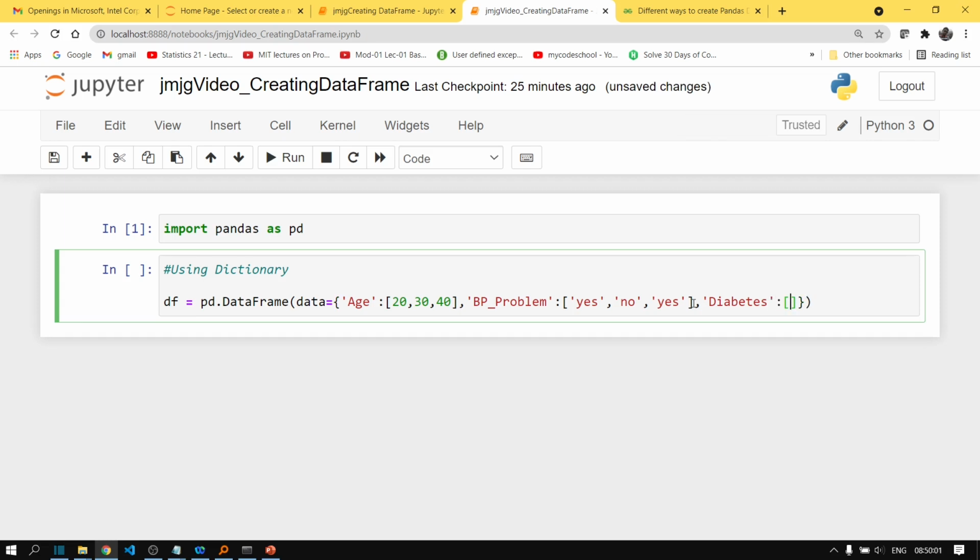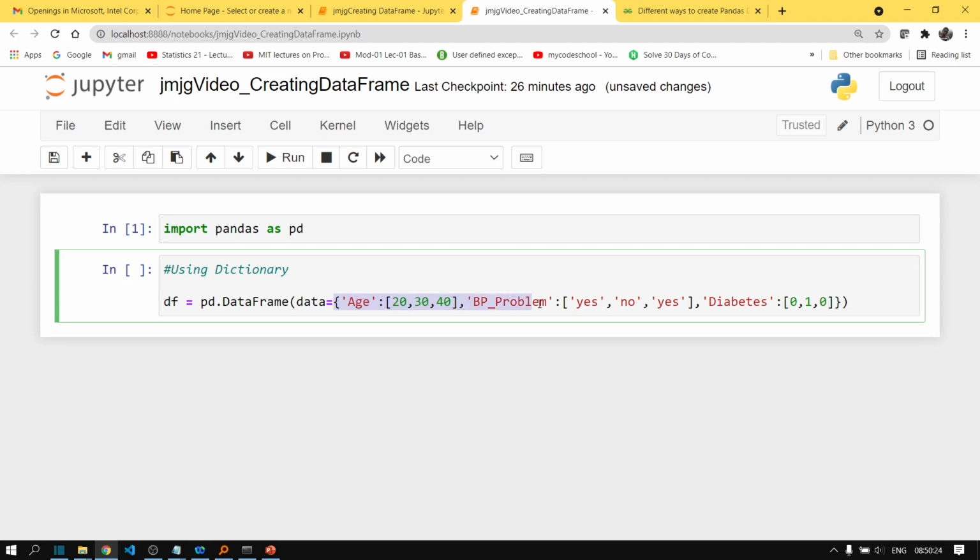So let's say we have 0, 1, 0. Fine. So basically 0 will represent that the person doesn't have diabetes, and 1 represents he or she does have diabetes.